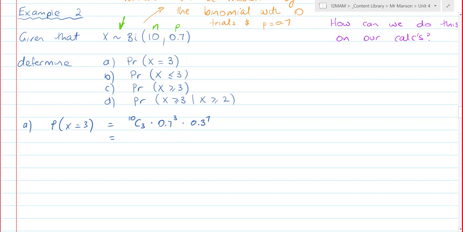I've done that. I've written 0.7 to the power of 3. Right. So I want my probability of success to the power of 3. P to the power of 7, that's 7 successes. Like if I go along the tree diagram, that means that I'm going along the success branch 7 times. So it should be 0.7 to the power of 3 times 0.3 to the